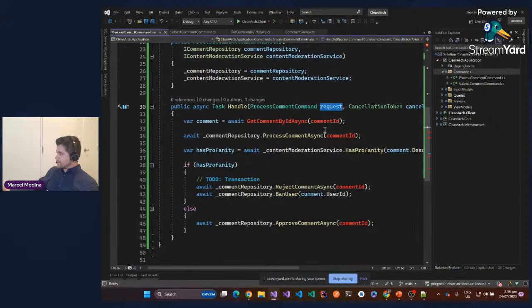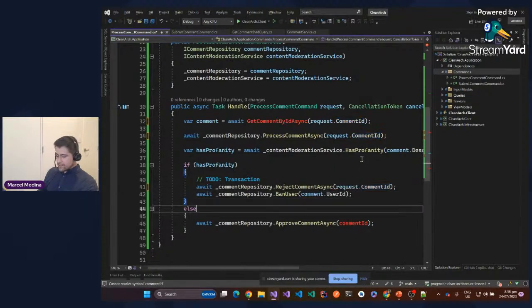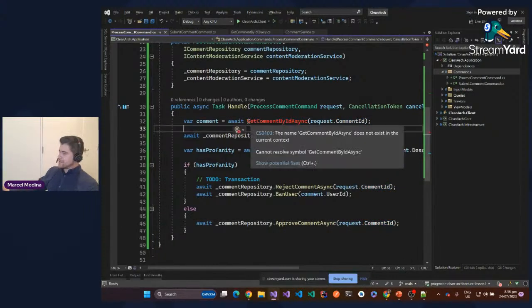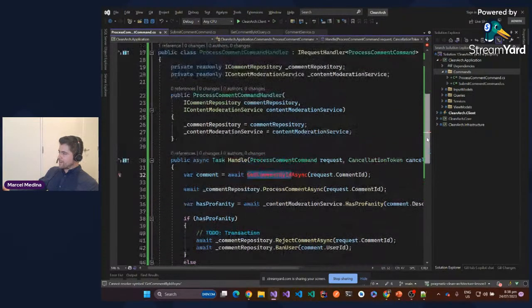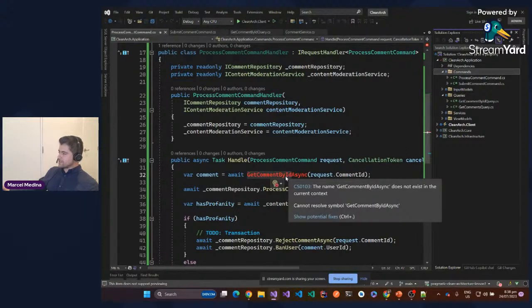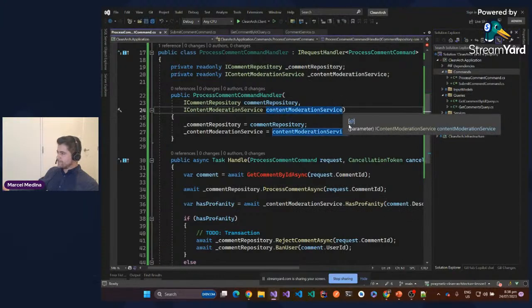What about this one? Request dot comment ID. Let's bring that one, put it in here. I'm just replacing it to make sure that works. But we have this guy here, still red, right? And that was my second implementation, the query implementation here. How can I do it? So I need to call this, but I don't have a reference anymore. Well, we can use